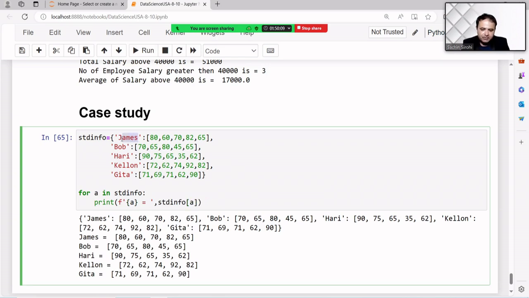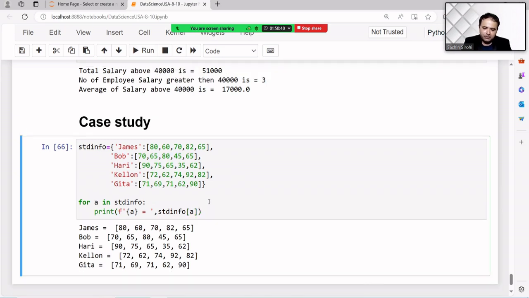Because James is stored in A and we have all the data in the std info, and we know very well from the previous class, if we give the key James inside the std info, it will give this output. If we give std info Bob, it will give this output. Again it will give Hari, so many values, and it will repeatedly change the value. So it is the internal process of this one.